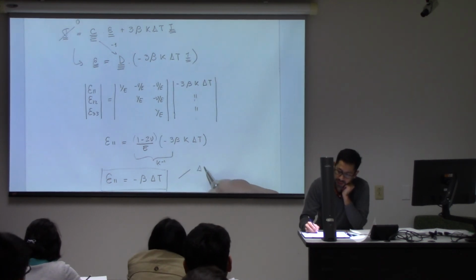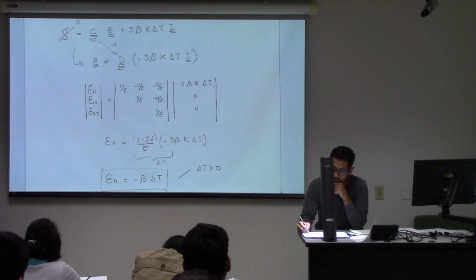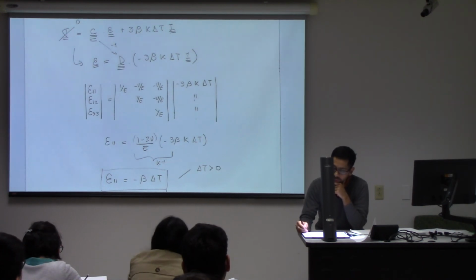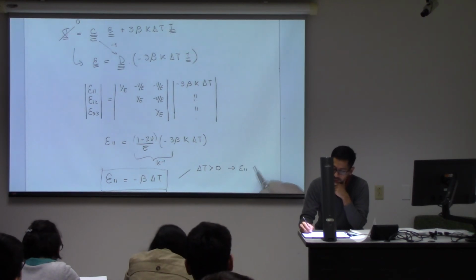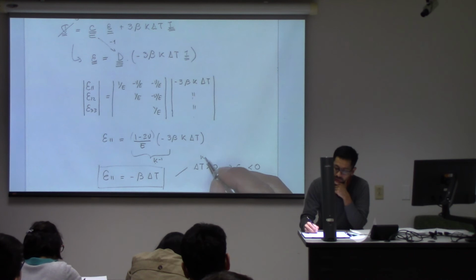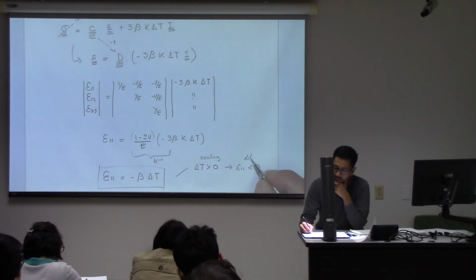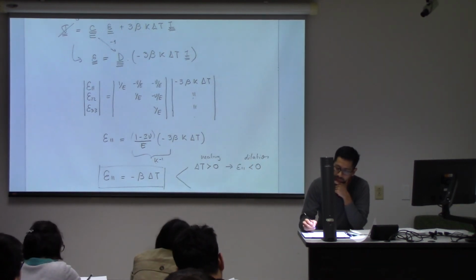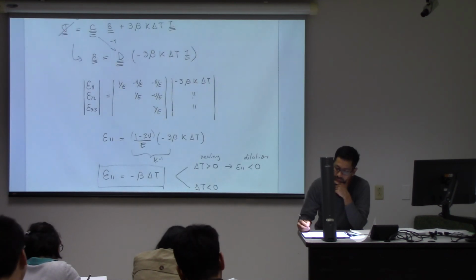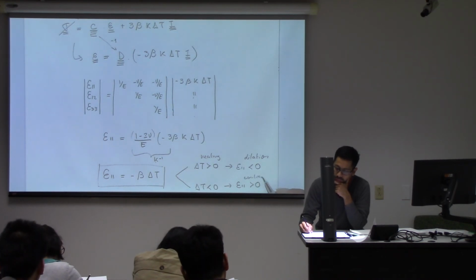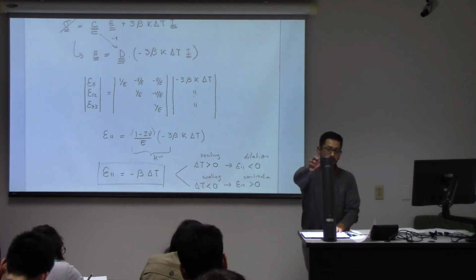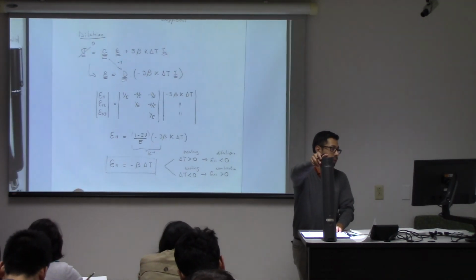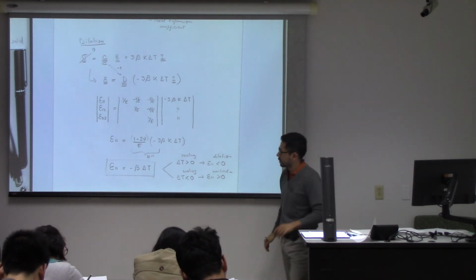So if delta t is positive, which means heating, then we get an epsilon 11 which is negative. So heating leads to dilation, and cooling leads to contraction. Makes total sense. We haven't discovered anything new, but what I wanted to show and make emphasis is that this